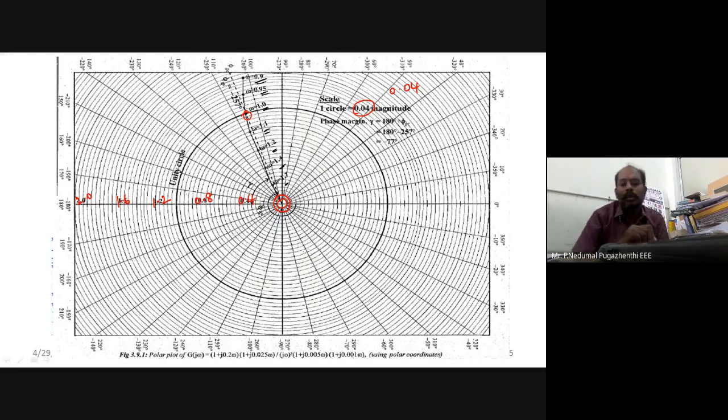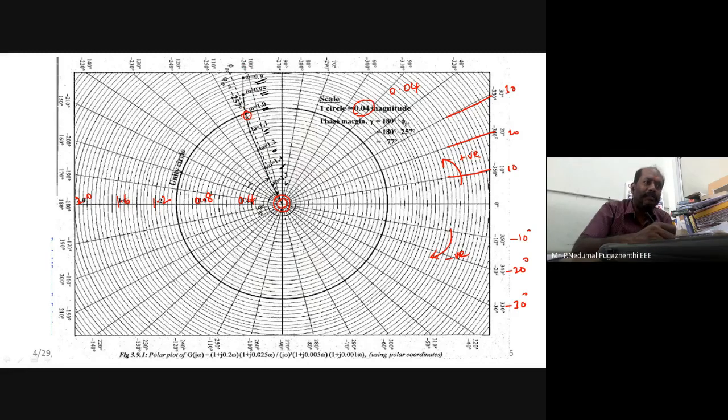Based on this, you know the clockwise direction is a negative angle and the anti-clockwise direction will give you a positive angle. So plus 10, 20, 30: every radial line provides an angular value in the positive if you go in the anti-clockwise direction. If you go in the clockwise direction, you will get negative angles: minus 10, minus 20, minus 30, etc. Based on that, you fix the points from the table and join those points, and you will get a graph.